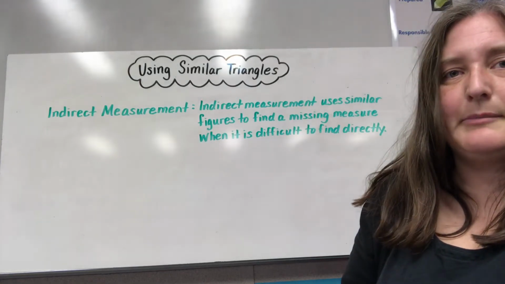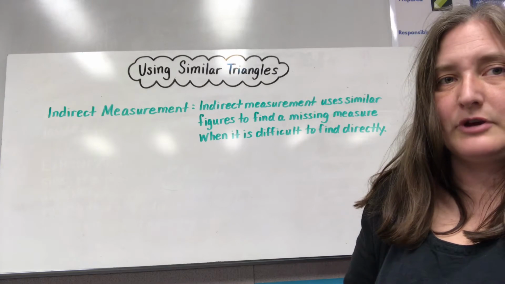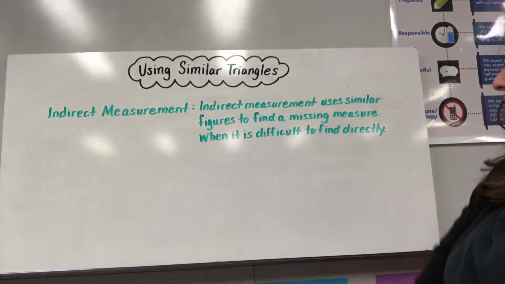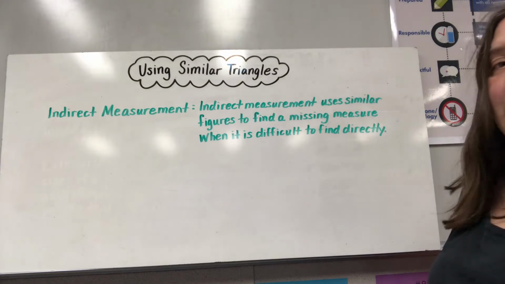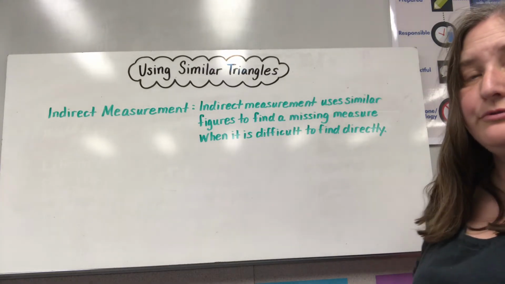Today we're going to be talking about using similar triangles. One method where we use similar triangles is indirect measurement. Indirect measurement is used when you are missing a measurement and it's not something that's easy to measure through direct